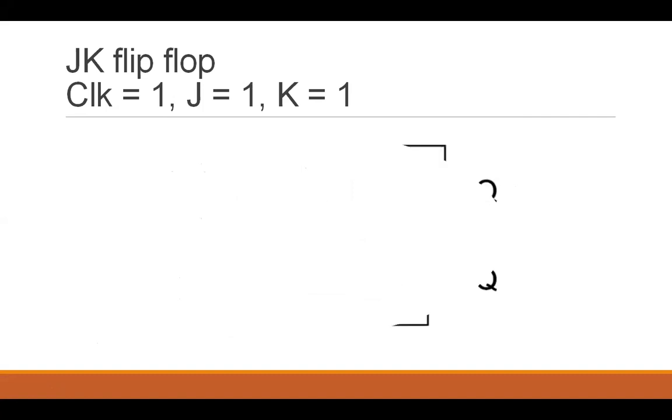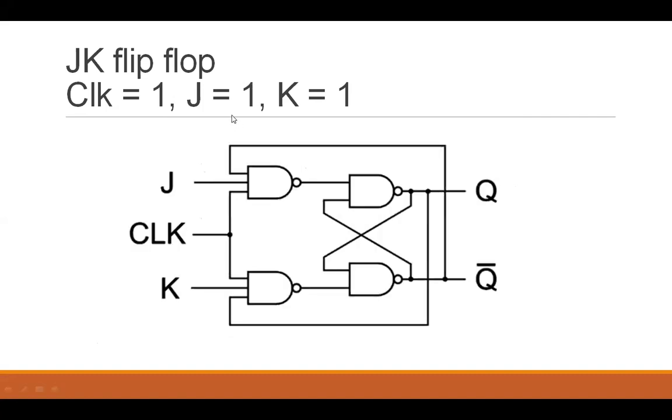Then the reason for developing JK flip-flop and the most interesting case, having J as 1 and K as 1. This was the reason we couldn't use the SR flip-flop, and now we are having the same inputs. So let's plot all those on your circuit diagram carefully. And for the purpose of the evaluation of this case scenario, I'm going to assume that I also already have the values of